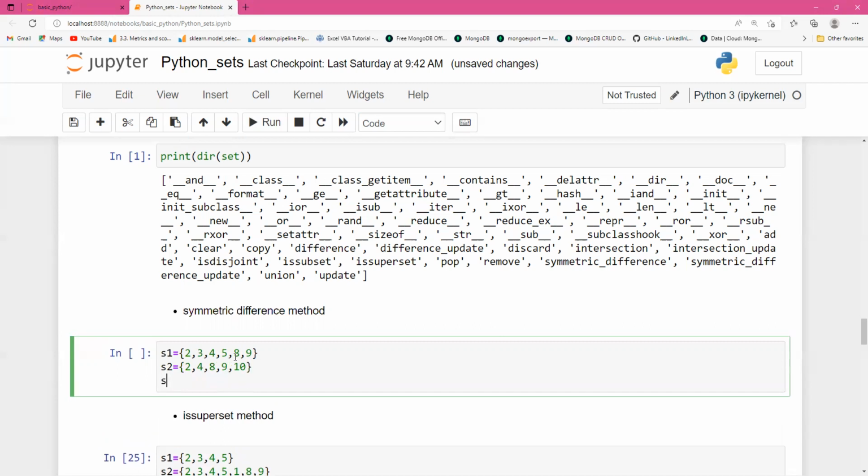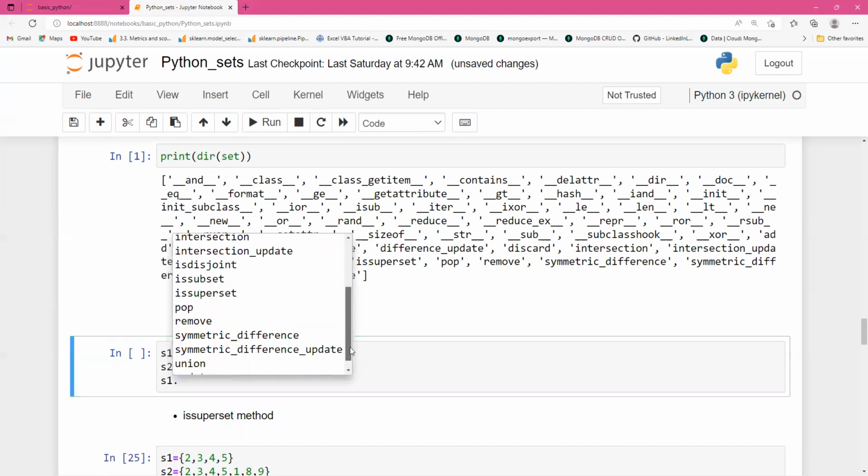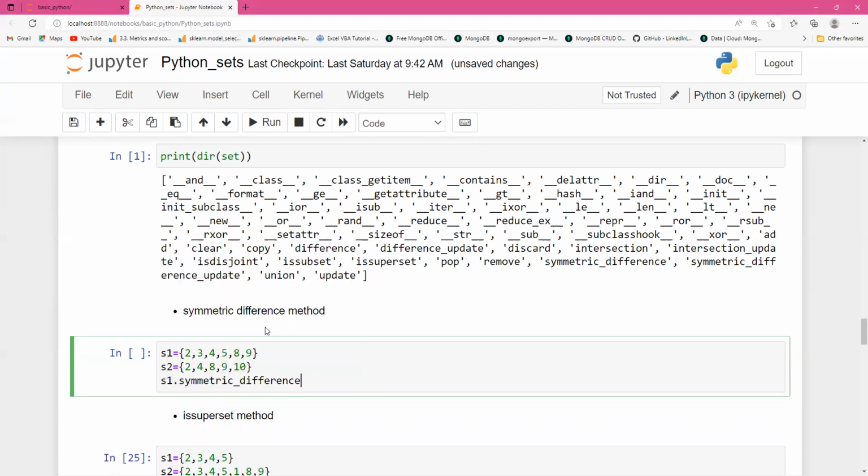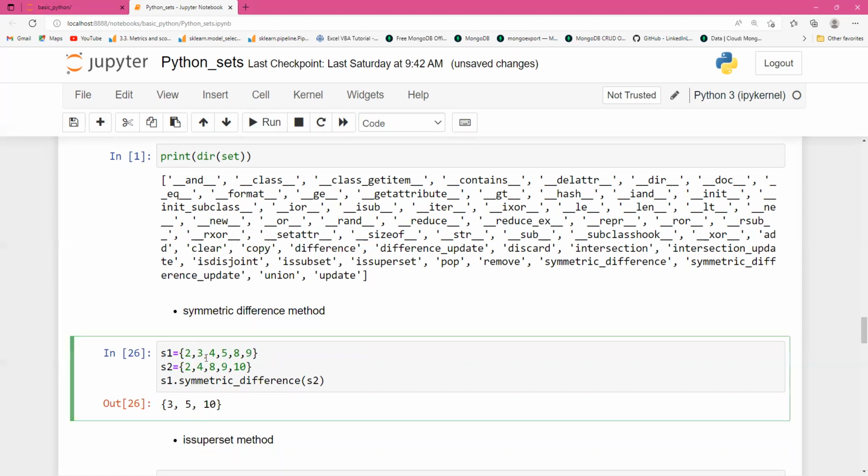Then I will use S1 dot symmetric difference of S2, and let's run it. So I will get 3, 5 and 10. So what is the symmetric difference? It returns all elements that are in exactly one of the sets. That means if the common elements are there in both sets, they will be removed. Which are the common elements? 2 is common,